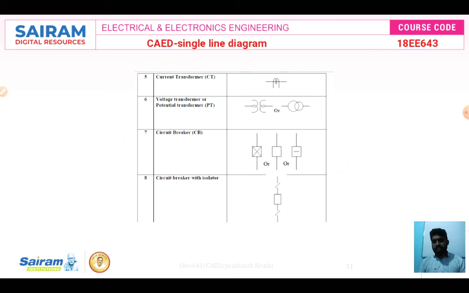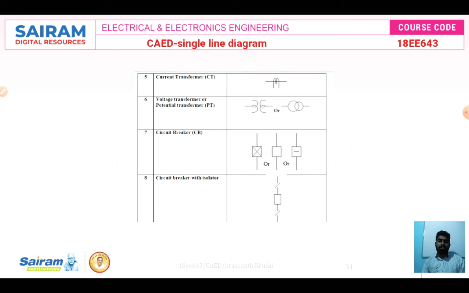What is the purpose of isolators? Isolators are used to isolate a particular part of the electrical power system components. For example, if you want to isolate the area from Goodnalli to the next village, if you want to do some repair, and you don't want to give power supply there, we can use isolator switches, with the output side and input side both in the off condition.